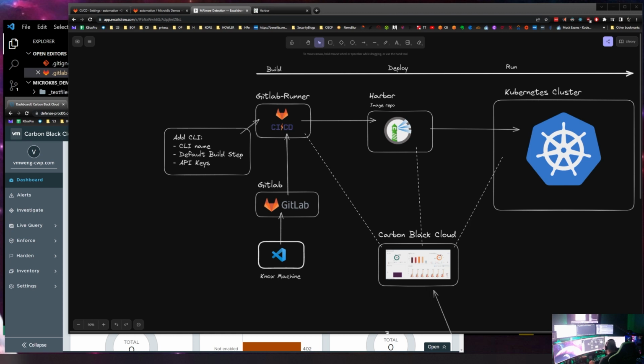And today we're going to look at how we can stop a pipeline when Carbon Black Cloud detects some malware, or even rules that deal with vulnerabilities that may cross a threshold. We may say that we don't want any critical or high vulnerabilities going into our environment. And so we can set up our